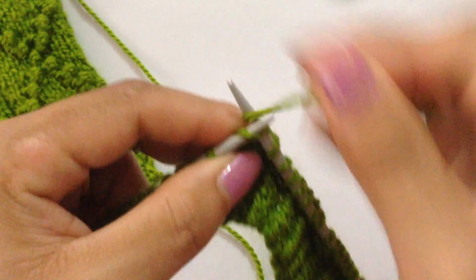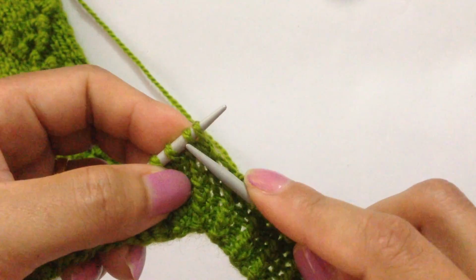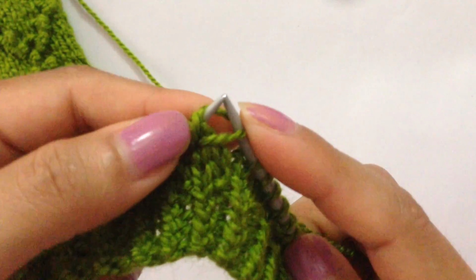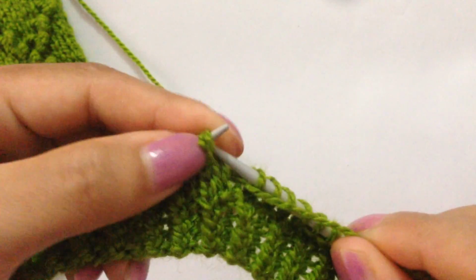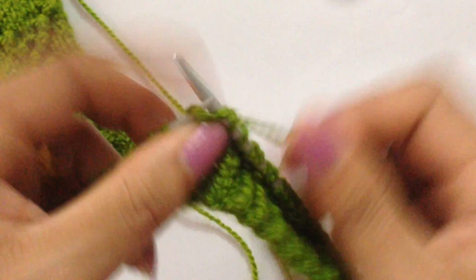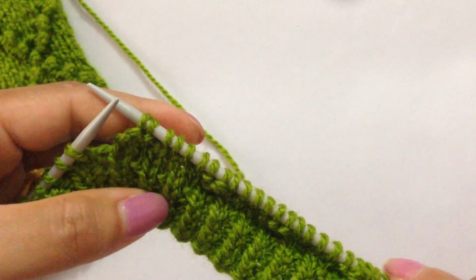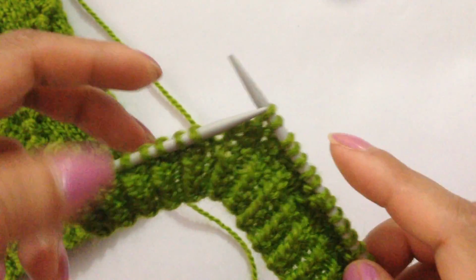So knit 4: 1, 2, 3, 4, and insert your right needle in between this second and third stitch, and draw a loop and place it on your left needle, and bring the yarn in front and purl these 2 first, and purl another one, and then knit 4: 1, 2, 3, 4, and purl 2. So we have done 2 repeats here, and we have finished the repeat pattern. If you have more stitches for more repeats, you repeat that first, and after you finish your repeats, at last for the last repeat